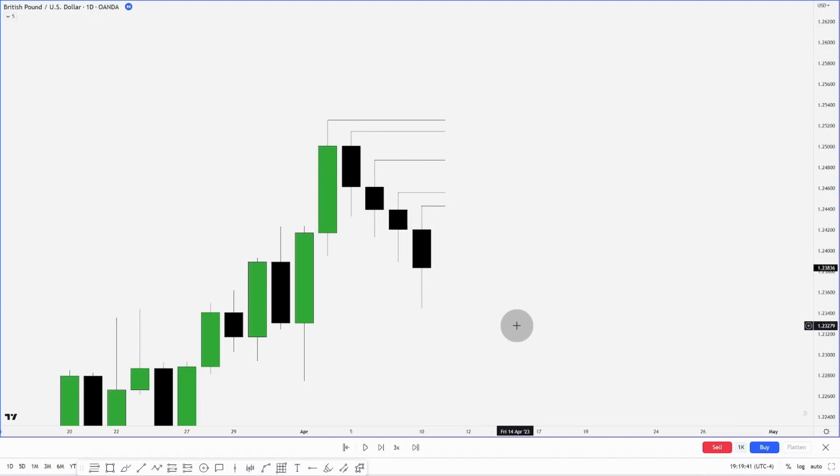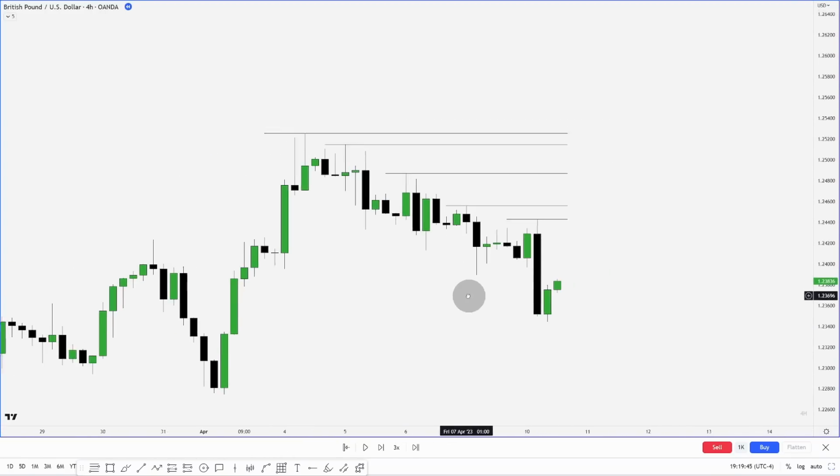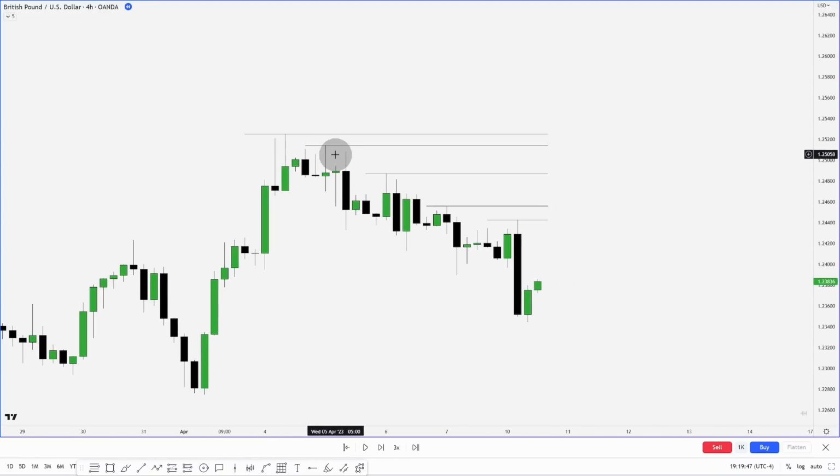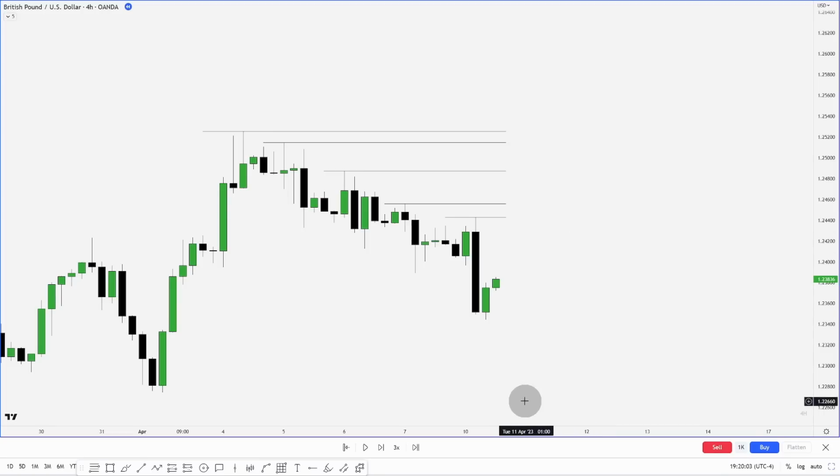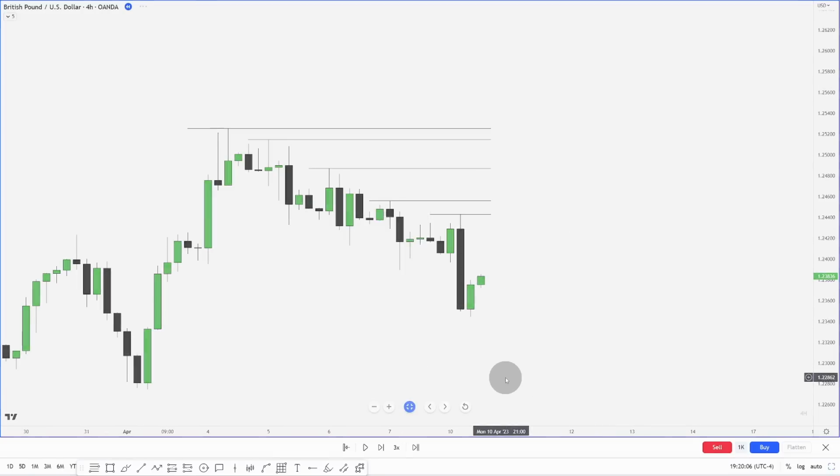So dropping down to a 4-hour chart, you can see all these highs marked out as previous day highs, and no high ever came up and took it. What does that leave us with? Low resistance liquidity, and we expect price, if it starts to break through these highs, to continue through them and expand in that direction. So letting this play out, we'll go back to the daily chart.